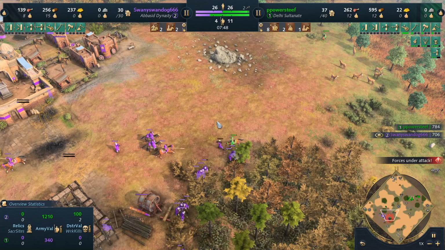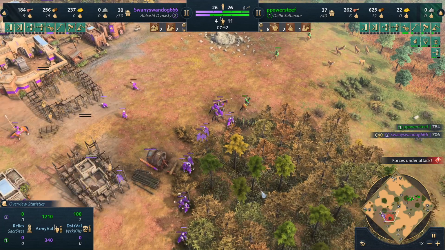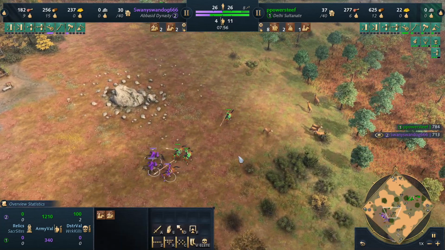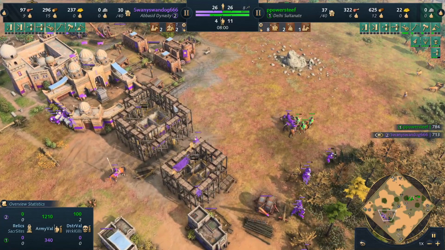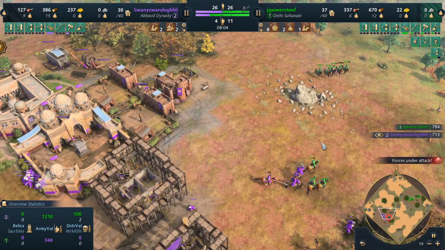So really nice scouting here from Power Steve, seeing all these villagers moving over, so they're going to be able to do some real damage, even with 2 scouts and a horseman. Not sure why we got 2 scouts, but maybe it was a bit of a misclick. And we can see blacksmith going up, so it's going to be a bit of a feudal game, I think,